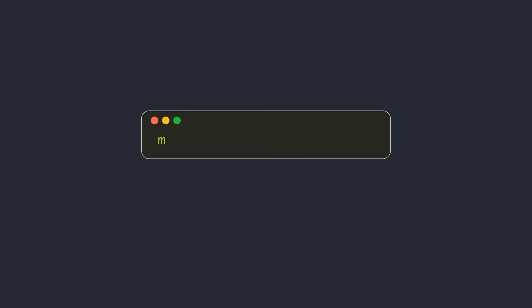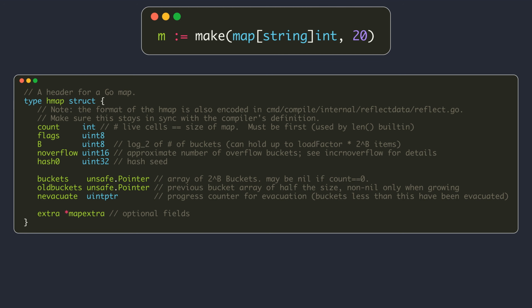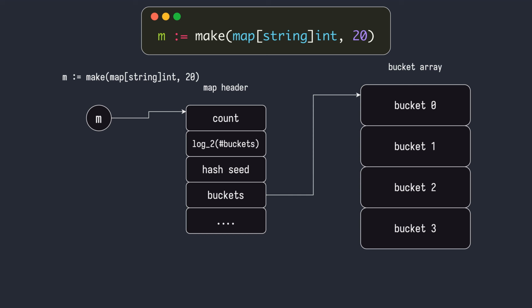This video will cover some of the internal implementation details of the built-in map data type in the Go programming language. When you create a map variable, the variable contains the address of a map header. The map header is a struct with fields to store metadata about the map. The actual data that we store in a map, that is, the key-value pairs, are stored in an array of